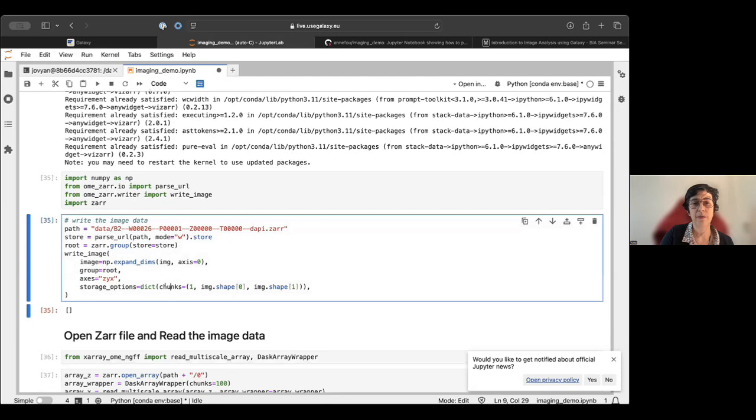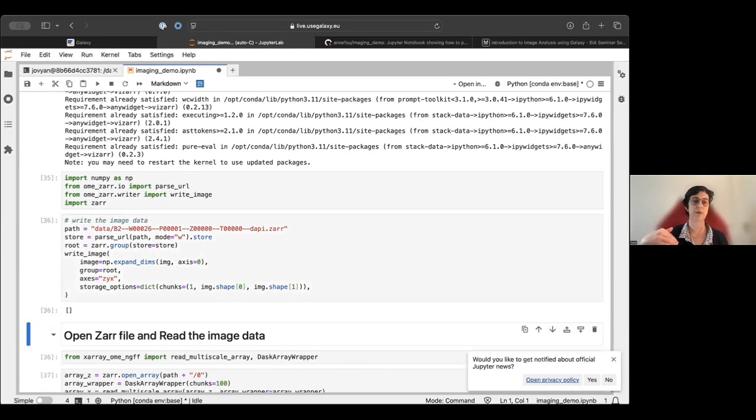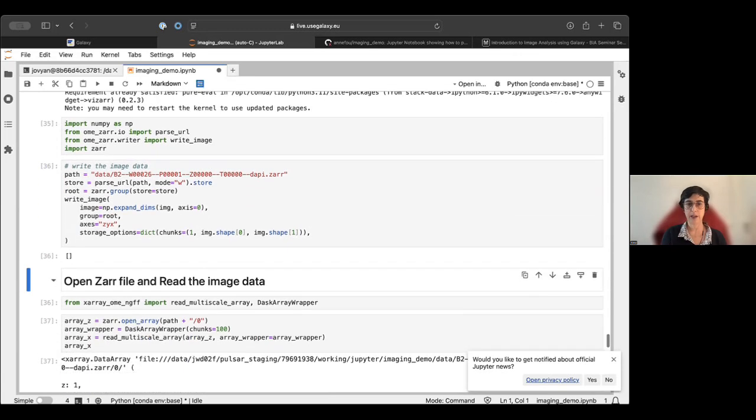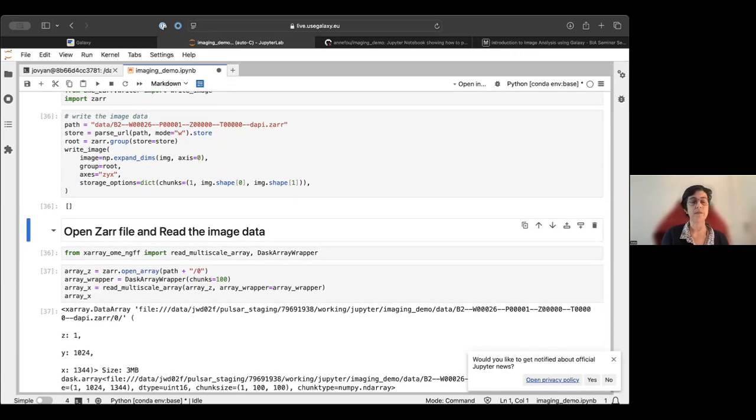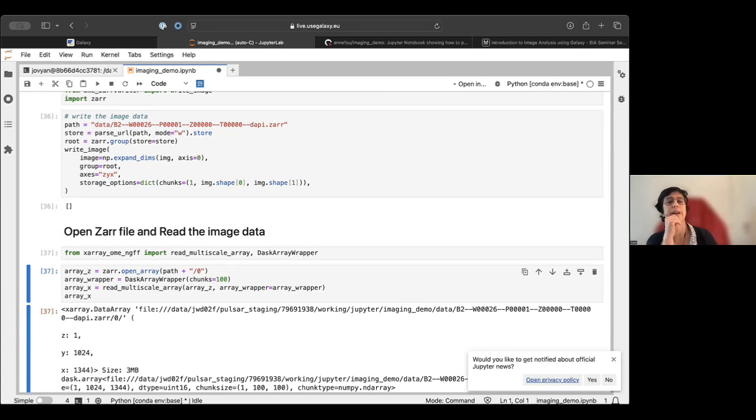And in terms of chunks, so this is how you split your image, I take the full image because it's not very big. But I will show you that when we read the image, we can change the chunking and we can parallelize. So here I will, as a test, read the new Zarr file, and I use another package which I installed, which is called xarray-ome-ngff.